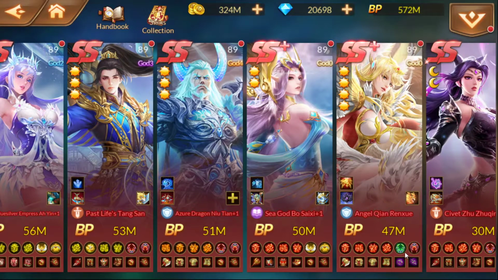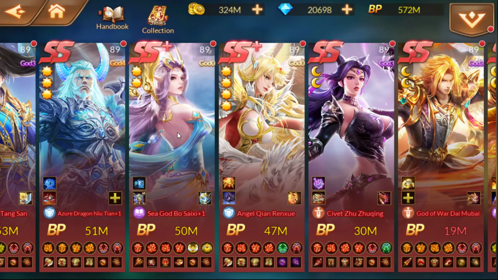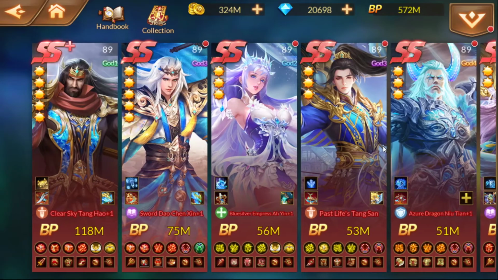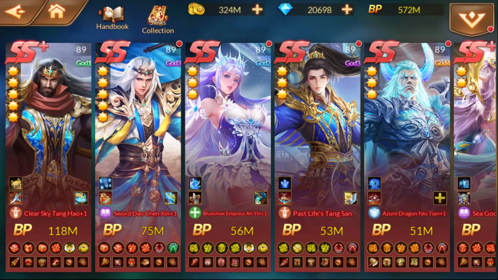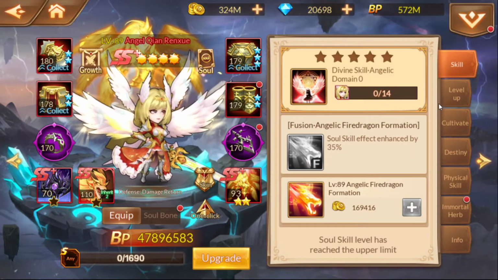I want to get a Sea God set on her. This is a Sea God set. I want to get a Sea God set on her because that's what I like to use in terms of my final set, and that's the one that I like to image up. So we've got a few things that we've got to do. We've got to get her